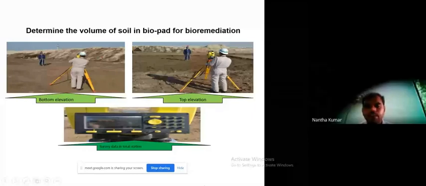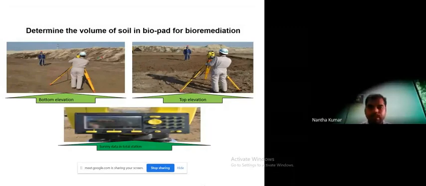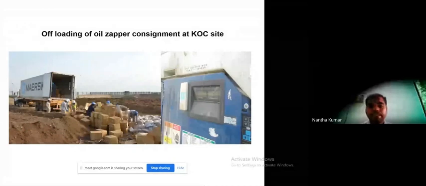Then after characterization, we place the material and apply the bacterial product for the degradation of the particular contaminated material. So how will we maintain these bacterial strains?